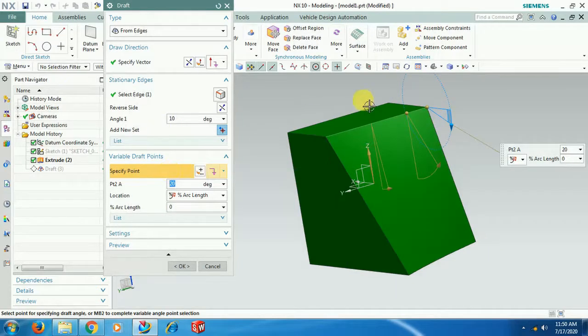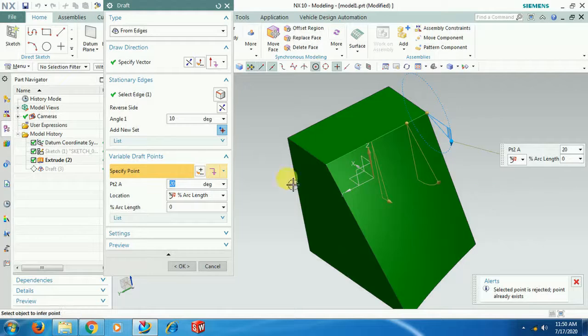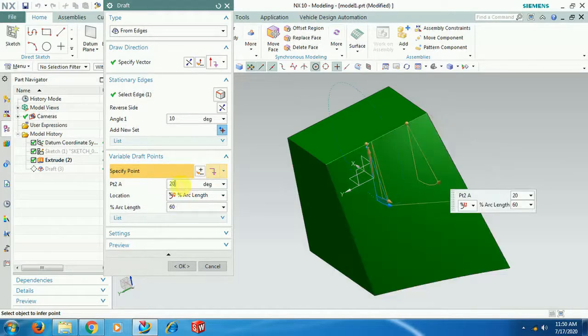Now again I select a point. Okay, let it be. It is selecting at the end point only, that's why the error is showing. No problem. Now I give percentage arc length: at 60%, the angle should be 10 degrees.